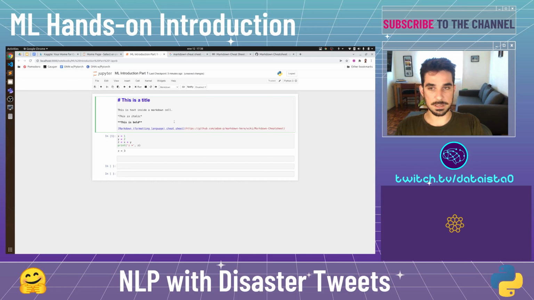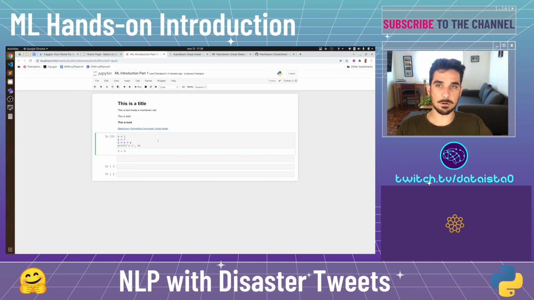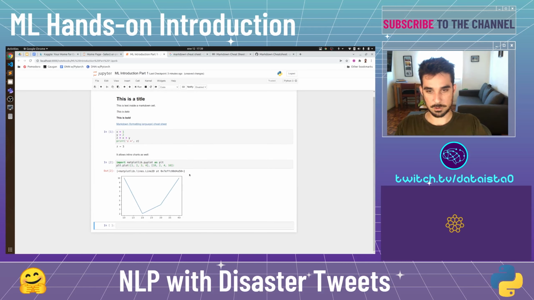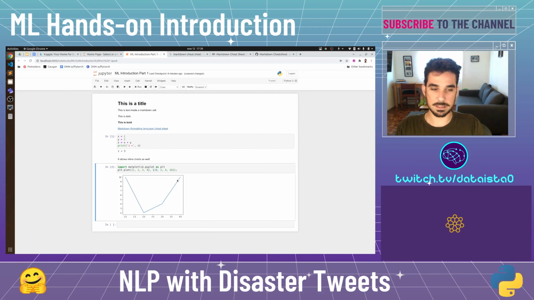So this is how you put a link, okay? This is the very basic of Jupyter, but also most of it. It allows inline charts as well. Import matplotlib.pyplot as plt. Okay, so you can plot stuff and it shows directly. This kind of thing